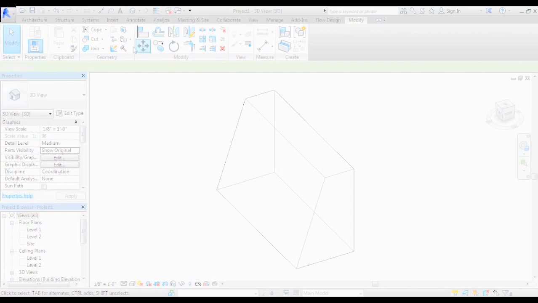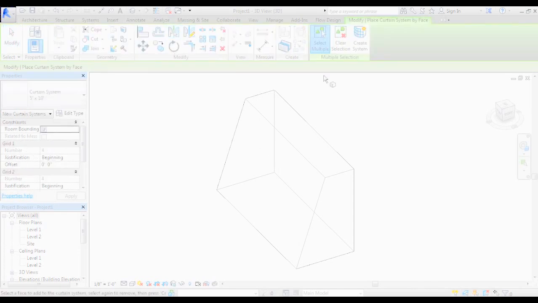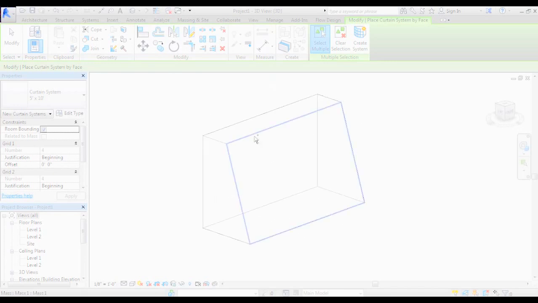And now what I'm going to use next is under architecture, the curtain systems tool. So I'm going to use this. This essentially allows you to select a face of your massing and then input some parameters that will generate a basic curtain wall system for you on each face. So I'm going to start with this face right here. And the curtain system is a 5 foot by 10 foot system. So that's the 5 by 10 is defining a 10 foot tall by 5 foot wide piece of glass with